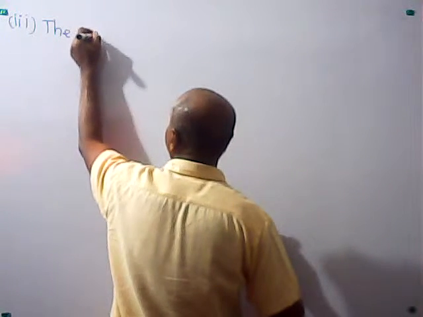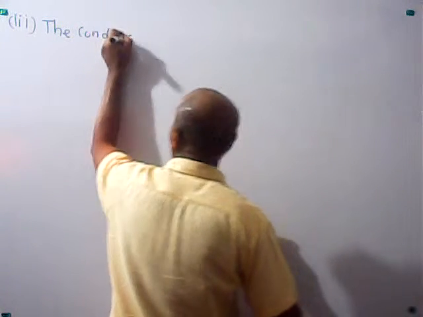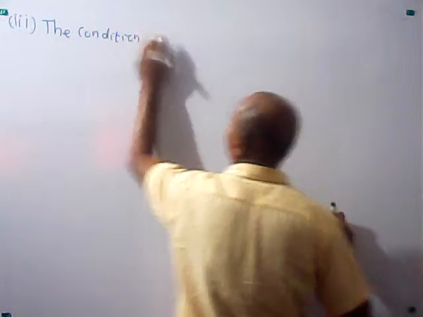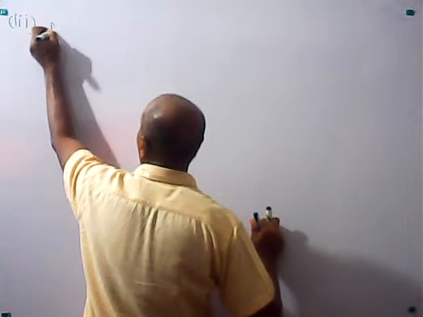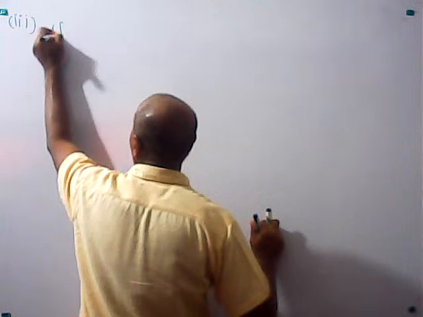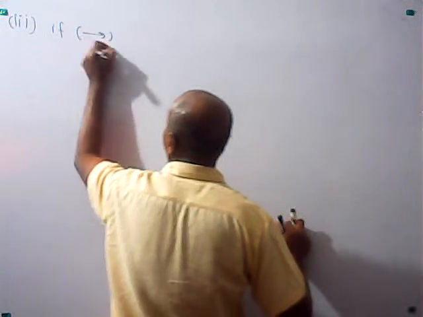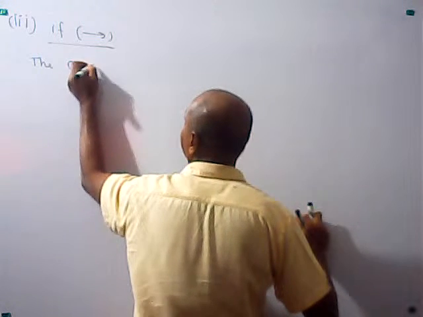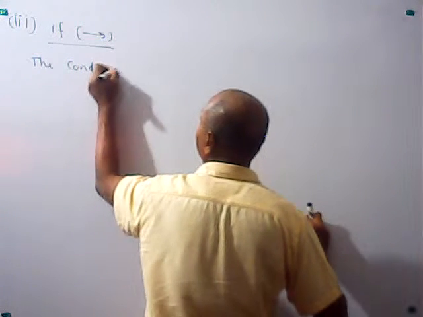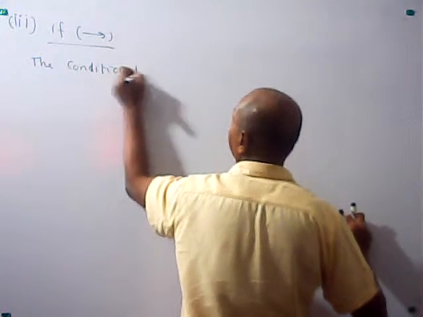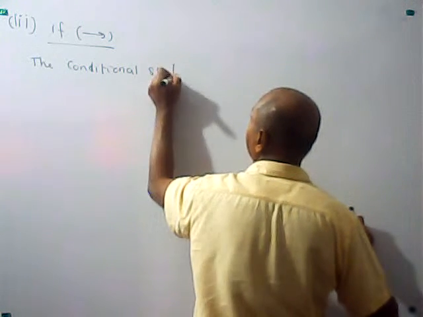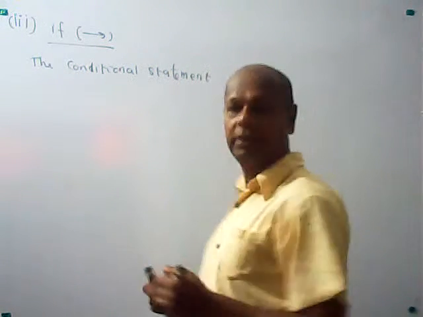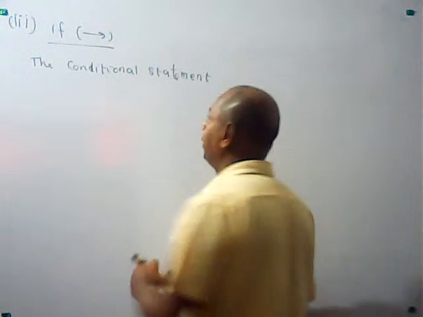The conditional statement is denoted by this, and it is written as P